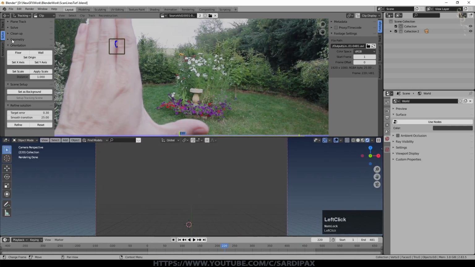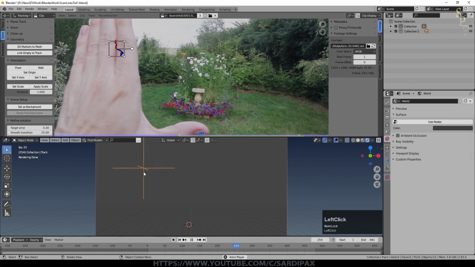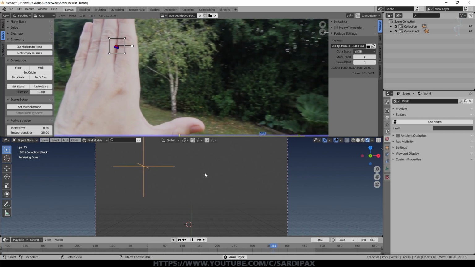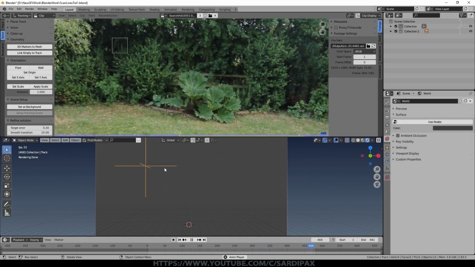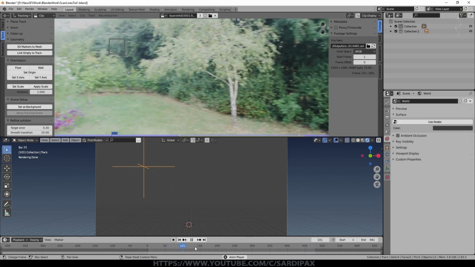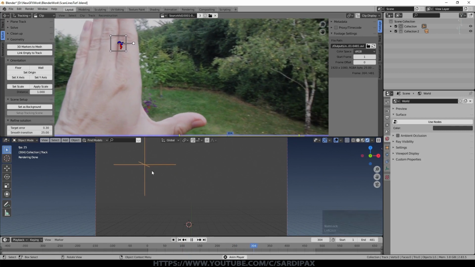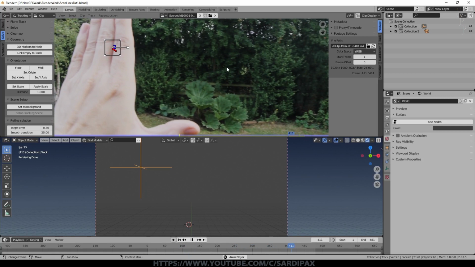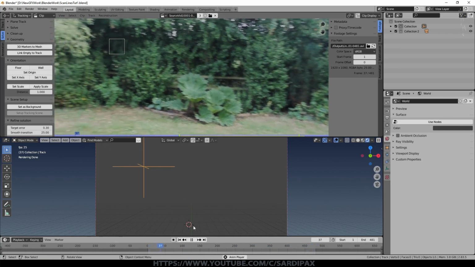And then under geometry, make sure we've got this track selected and say link empty to track. And if we now play, you can see that empty is moving around in the camera view. And that's all we needed. We just need an empty that's effectively stuck to the image of the hand. So it doesn't do anything until we get to where the track starts to work. And then you can see that empty is just moving around. The track, the hand, as I say, is relatively stable to the scene anyway, but this now locks it. And that's all we needed there.